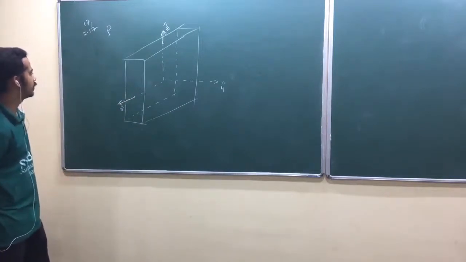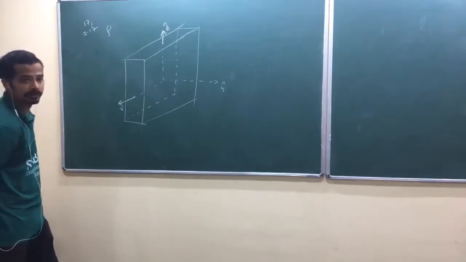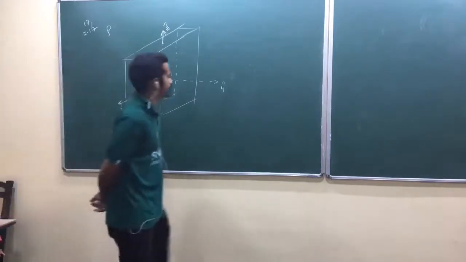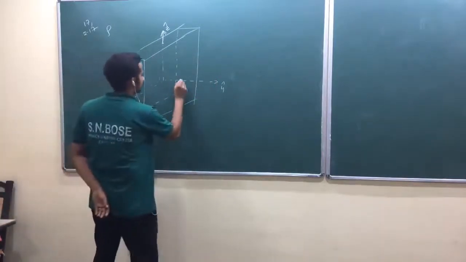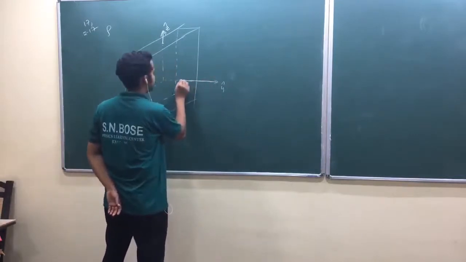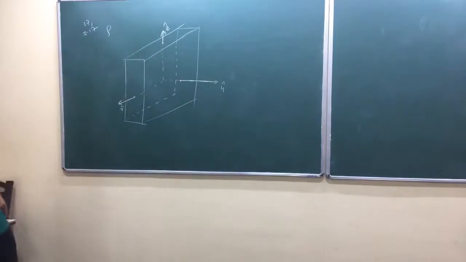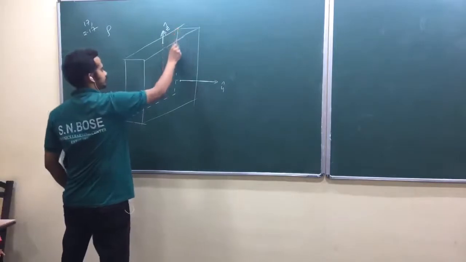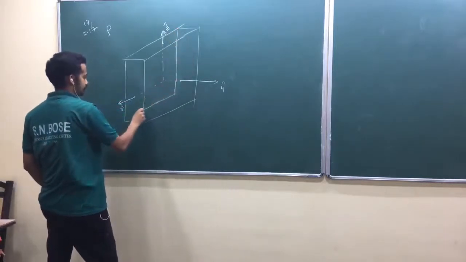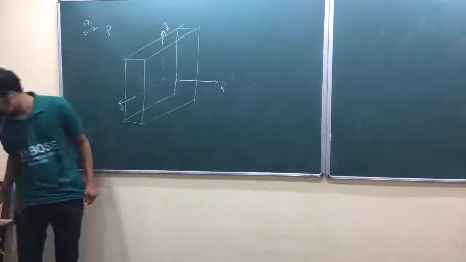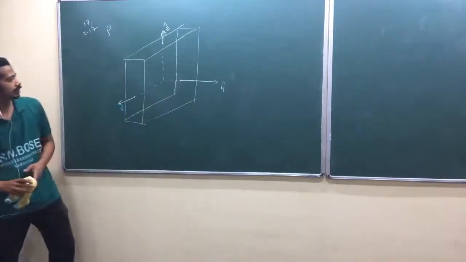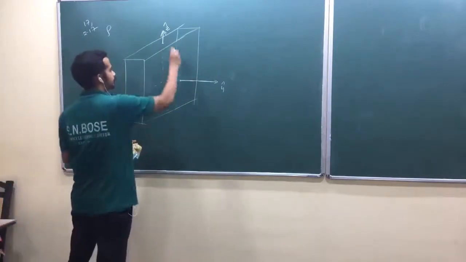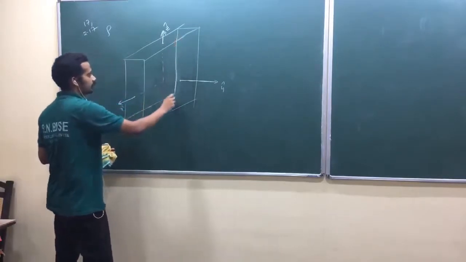So that plane is placed, a thick infinite slab, placed parallel to the xz plane, perpendicular to the y axis. Is that okay? So let me just draw it like this. I think it's better to draw the y axis like this. Is that okay? So now he's asking what is the electric field as a function of y.